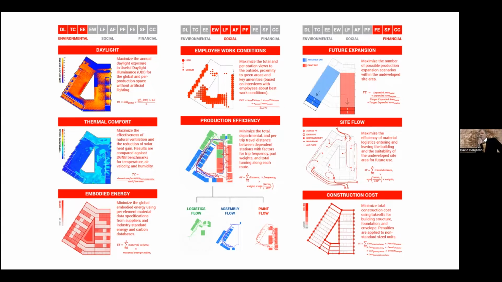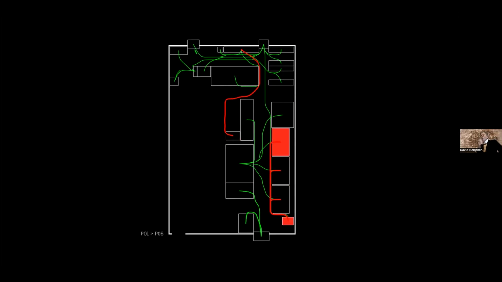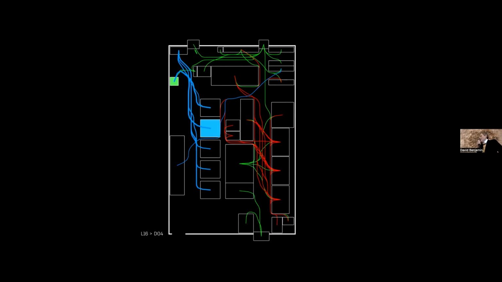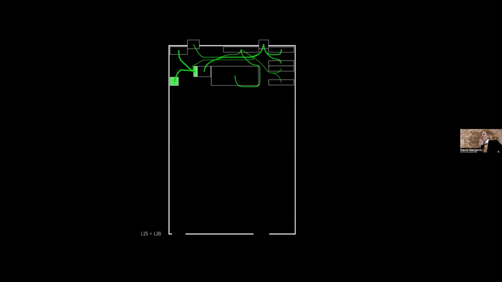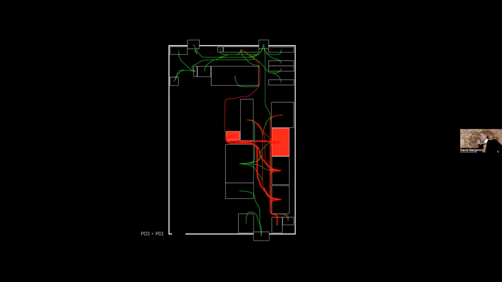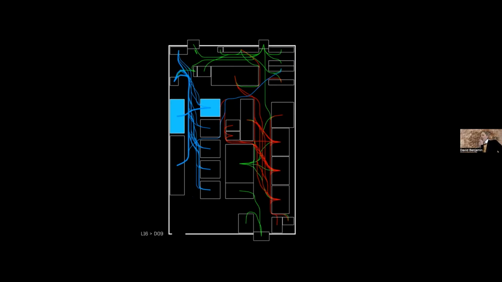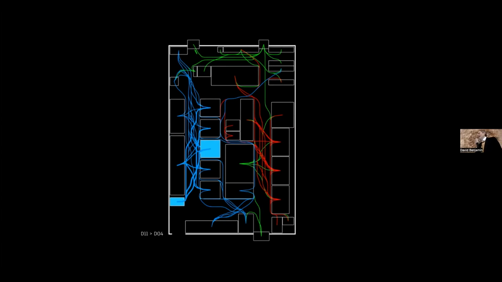Part of this data-driven process for architecture and for a factory was to do things like this. This is a diagram of the floor plan of the factory. There are about 50 different production stations, about 200 different rules of things that need to be next to each other or near the exterior or the interior, or need to have a turning radius to get from one station to the other. We tried to encode those rules in computation in the geometric model so that we could create different layouts, and for every layout measure how well it was performing for a number of different performance requirements.